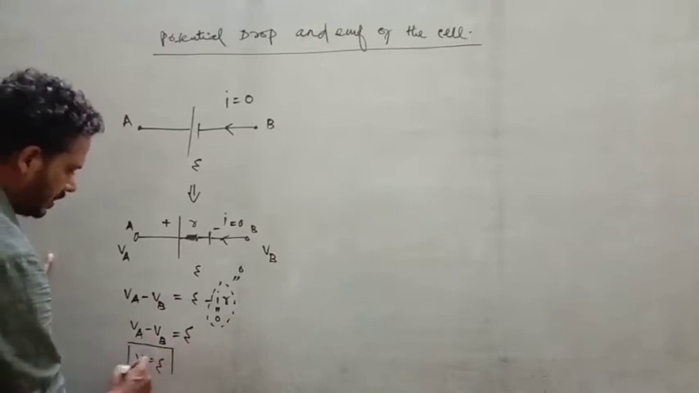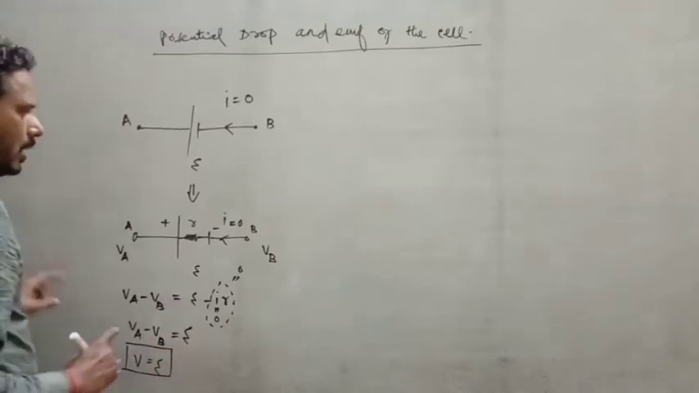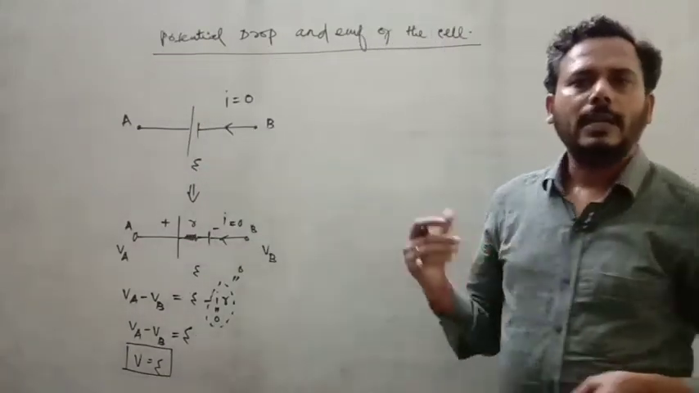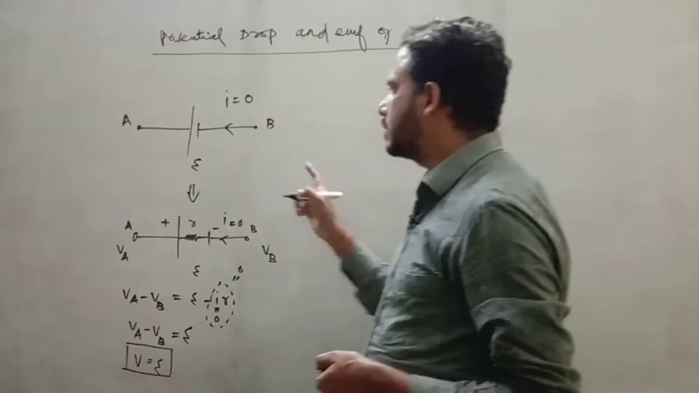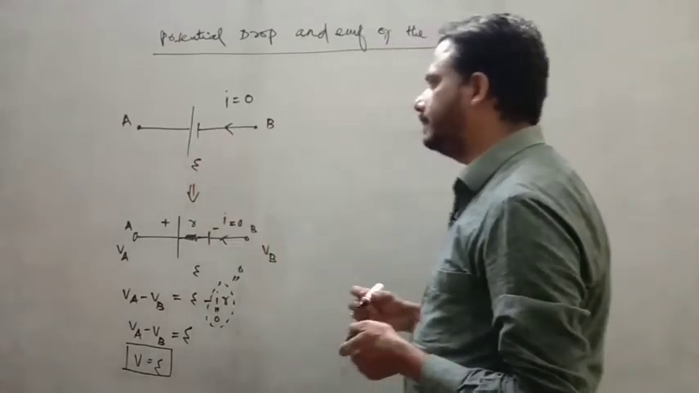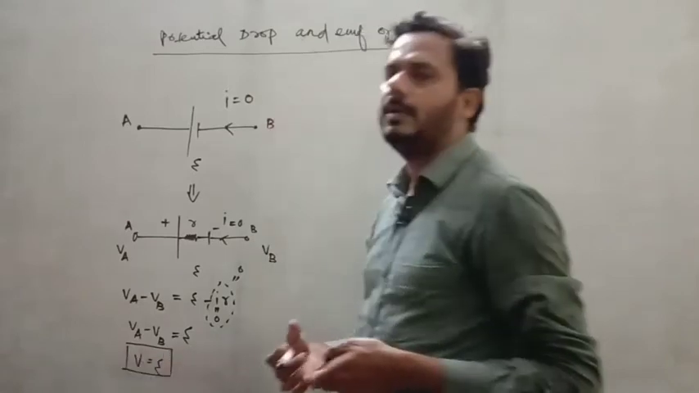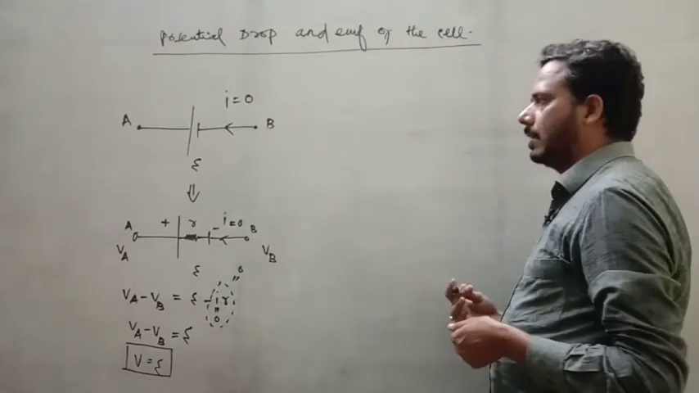So this one is the potential drop. If your EMF is not connected with any circuit, that means no current is flowing through the EMF, and the potential drop is equal to the EMF of the cell. But